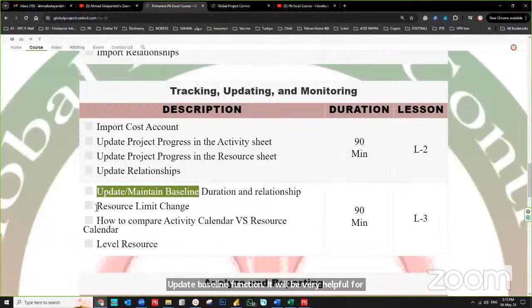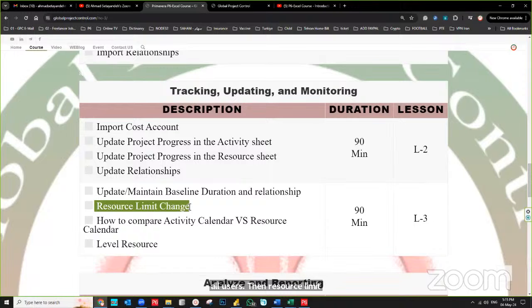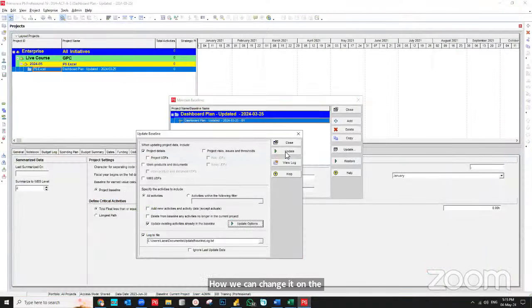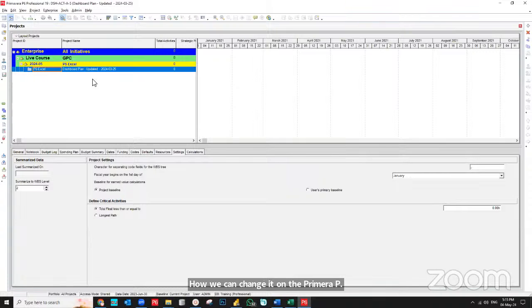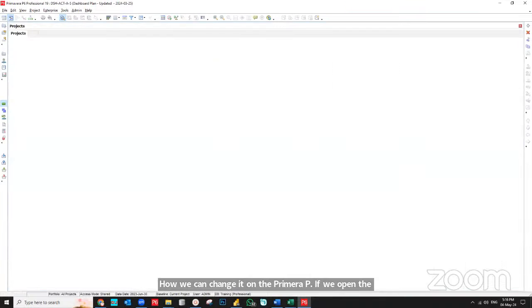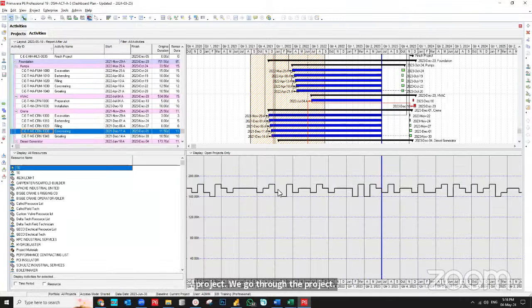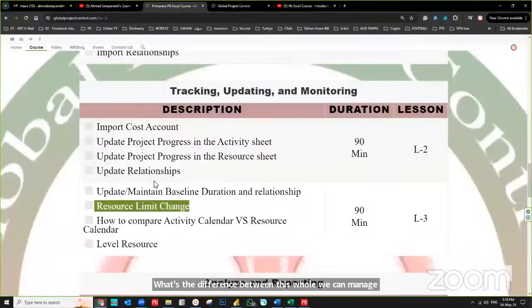Then, resource limit changes. What is the resource limit? How can we change it on the Primavera P6? If we open the project, we go through the project, and we try to look at the project. What is this? Why is this month more than this month? What's the difference between these? How can we manage it? How can we change it? Okay, then